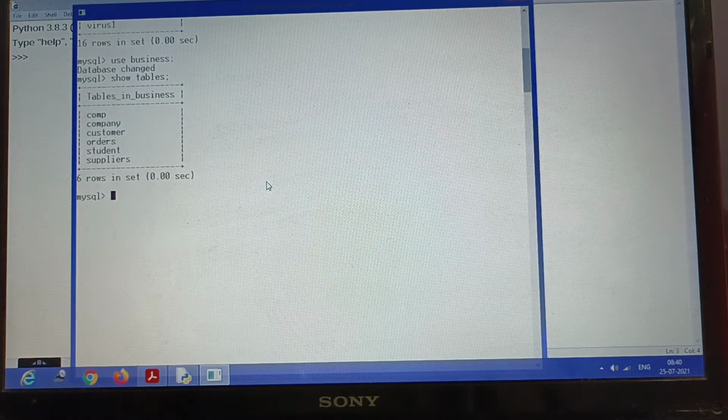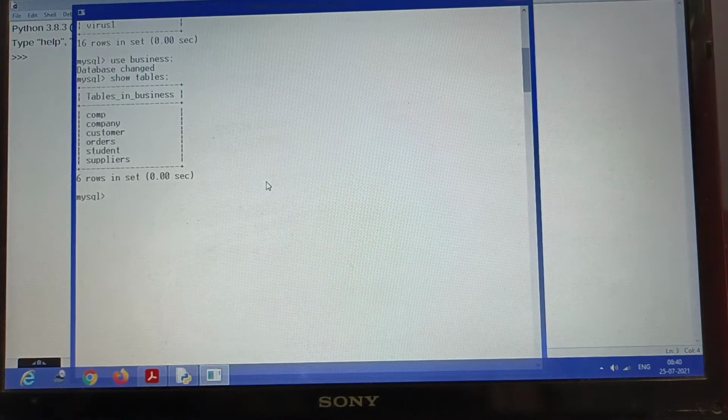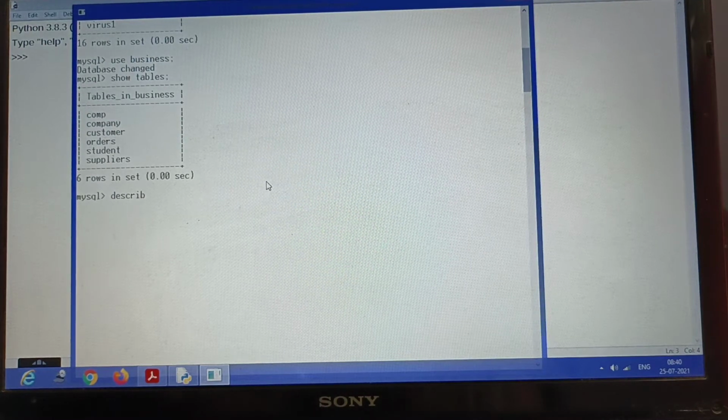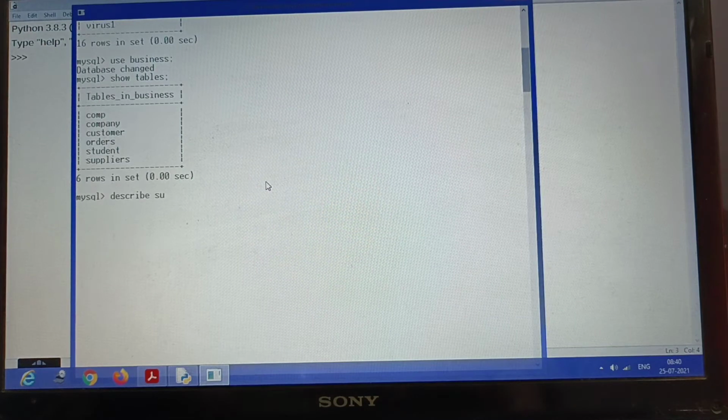particular table. So we are going to select suppliers and the orders table, because there is a relationship between these two tables, the primary key and the foreign key relationship. So let us first see the structure of the table. So describe suppliers,